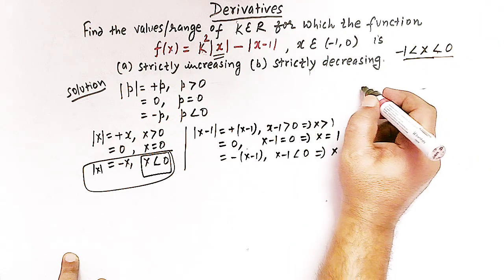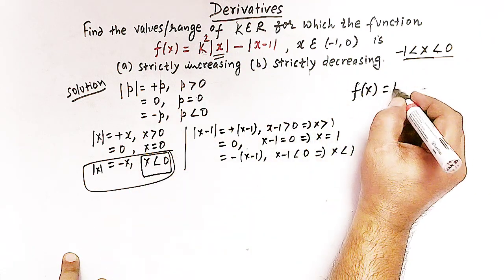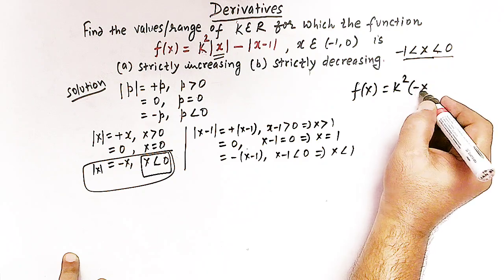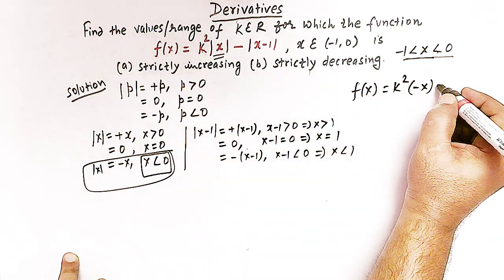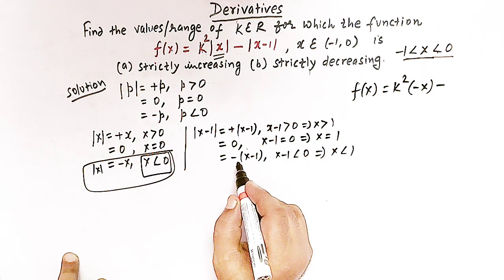So we can replace mod of x by negative x. So we have k square and here we have minus x, and